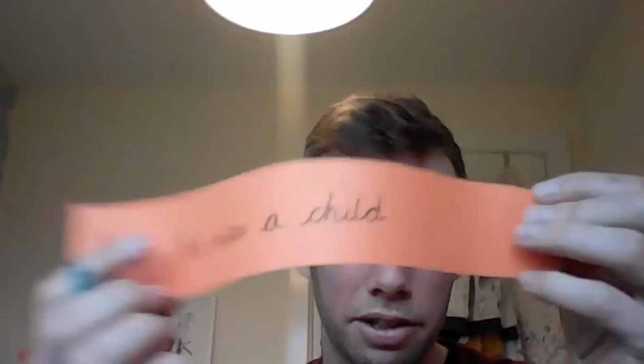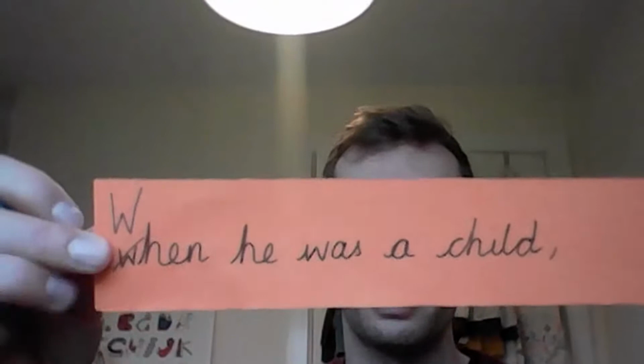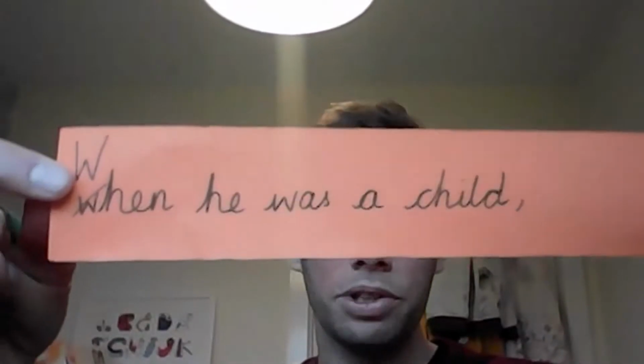When he was a child, now you might be able to make out that my full stop is here, and as we said, we better change that into a comma, because a comma can separate clauses. Full stop is the end. We don't want it to be the end, we want to separate the clauses. When he was a child, comma,